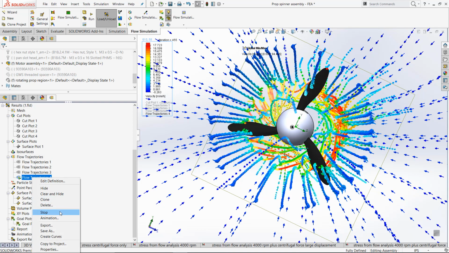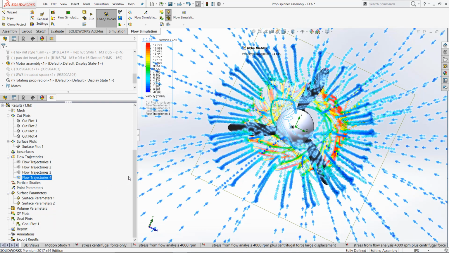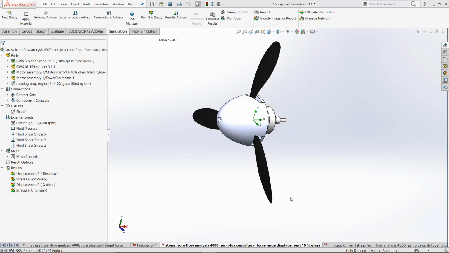So we'll stop that. The next thing we're going to do is, since we've generated the distribution of pressure and forces due to the flow analysis, we'll import that into a stress calculation and find out what the effect is by calculating the final stresses and the displacements. The final step in the analysis is to take the pressure loading generated from the flow analysis and import it into a stress calculation. Plus we'll also include the centrifugal effects of the spinner rotating at